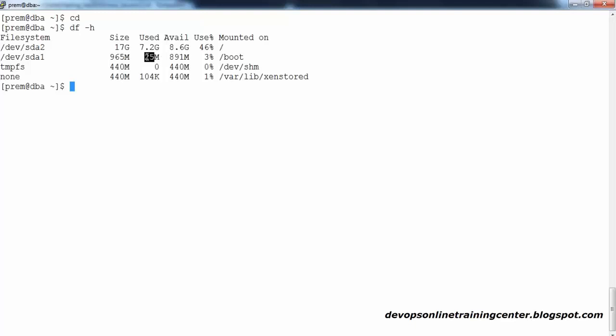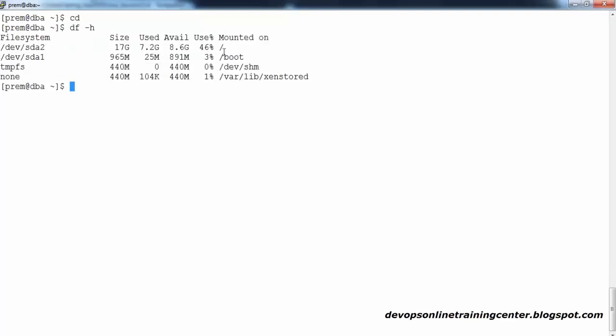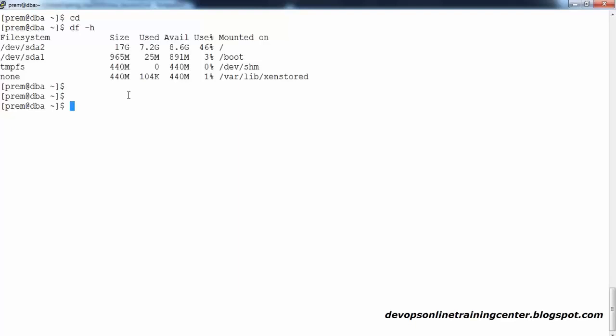Let me tell you one more thing, all these three lines of data are part of your root only. If you want, you can see root and boot, nothing but this boot, dev, var and all are part of this. So if anybody asks you a question, you have to look at this output and tell them the answer. Now somebody asked me a question, saying they were really confused with this command, could you please refine it again?